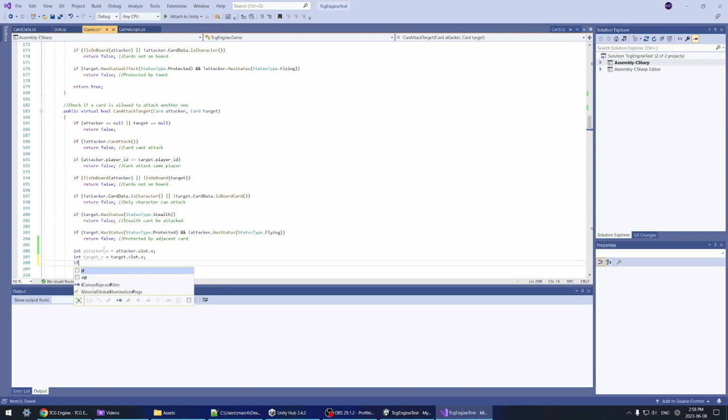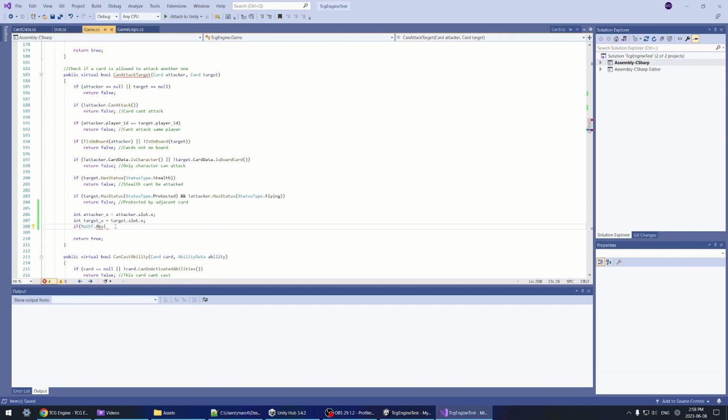And then we will just do an if. I'm going to do the absolute because I want a positive value, not a negative value, and then just check the difference between the two. If it's smaller or equal, then the attacker range. Right now it's inside the card data, it's not inside the Card.cs script, so I can do .cardData.range